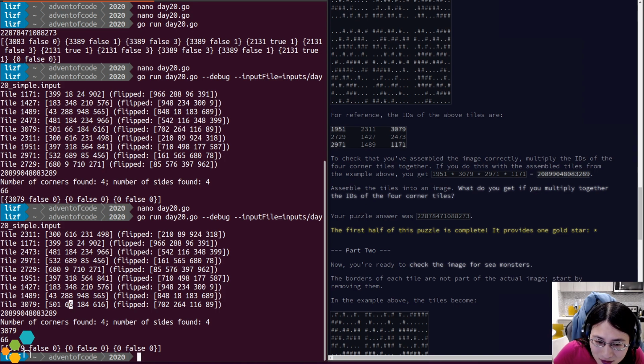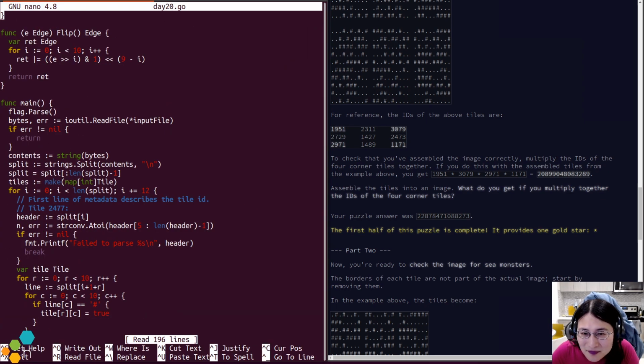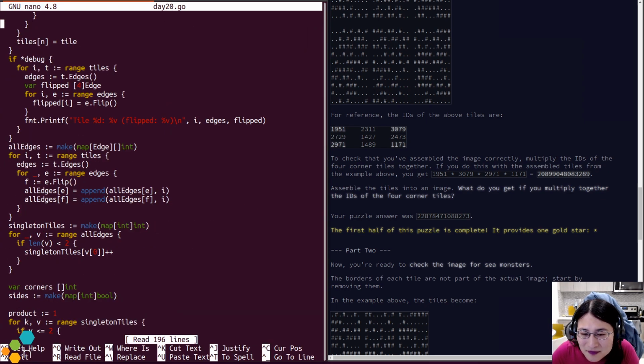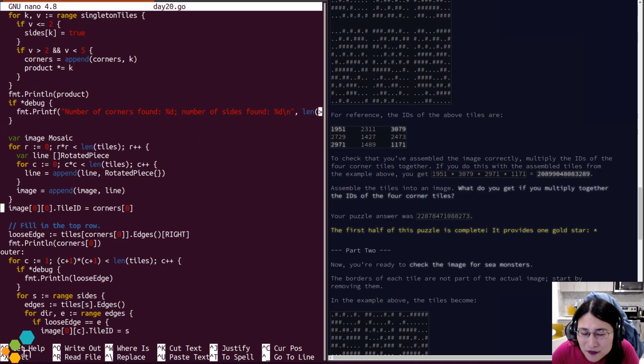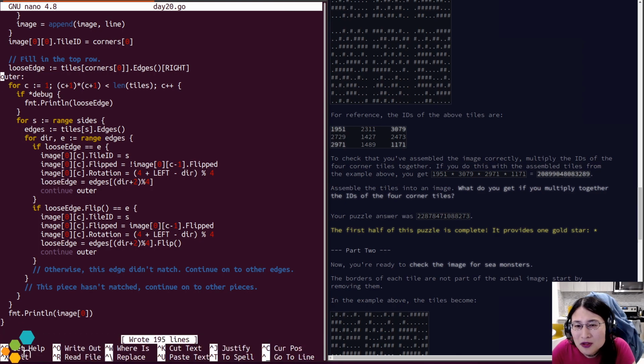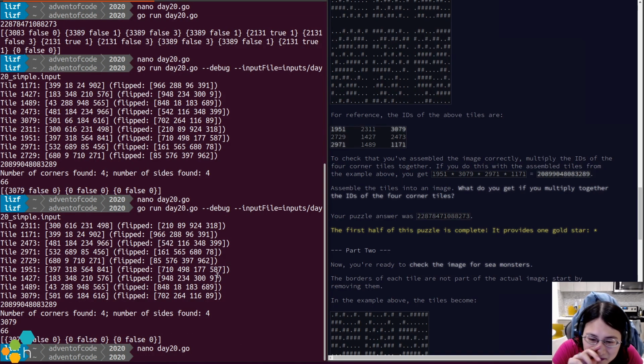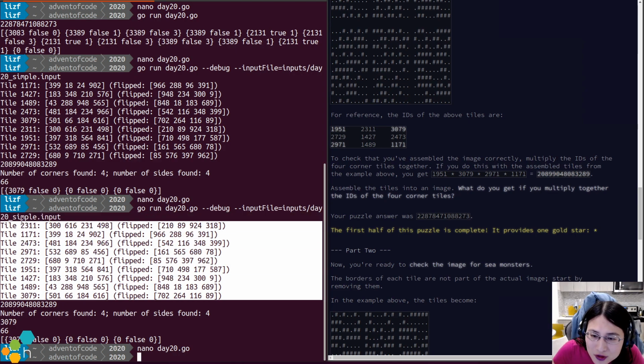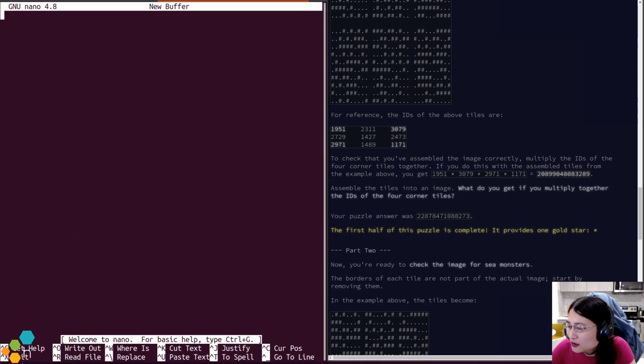Okay. So we need to find the flip of 66 to make it match up, I think. So why is the flip of 66 not matching anything? Just have a look here.